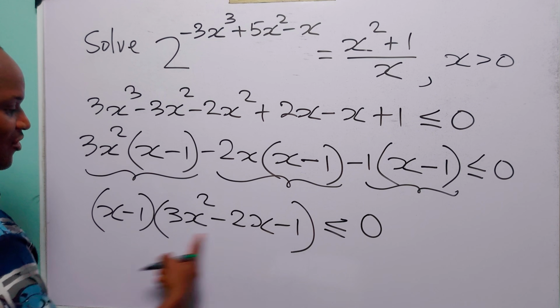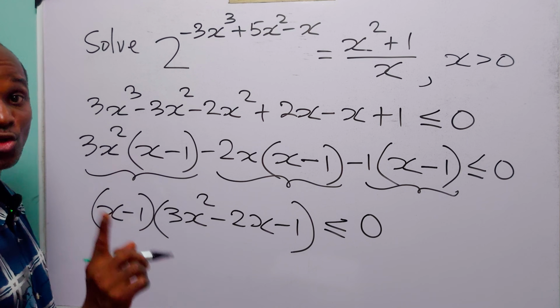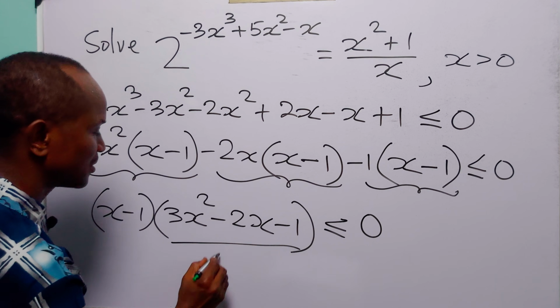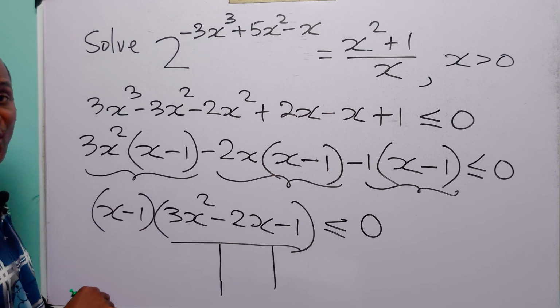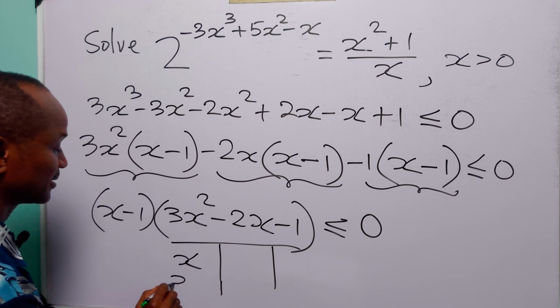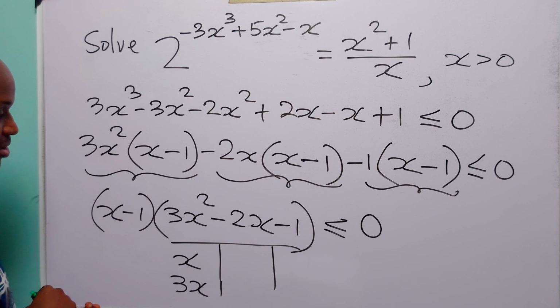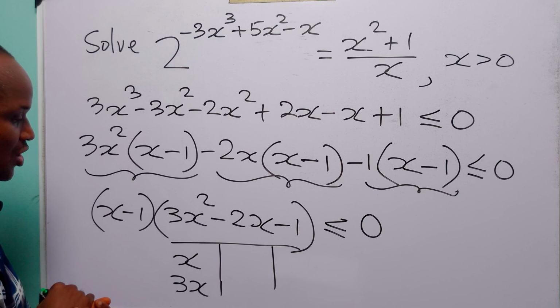Now, we can still factorize this quadratic expression. Since the coefficient of x squared is not 1, let us use the table method. What are the factors of 3x squared? We have x and 3x. What are the factors of minus 1? We have